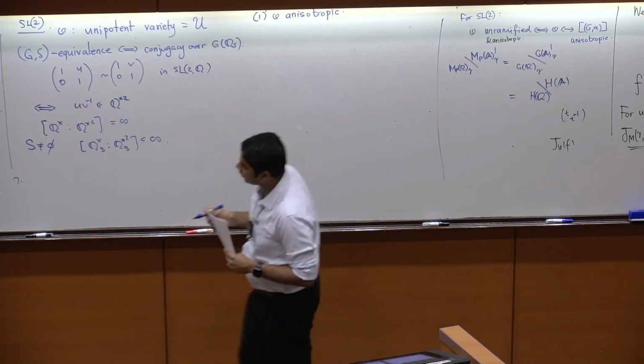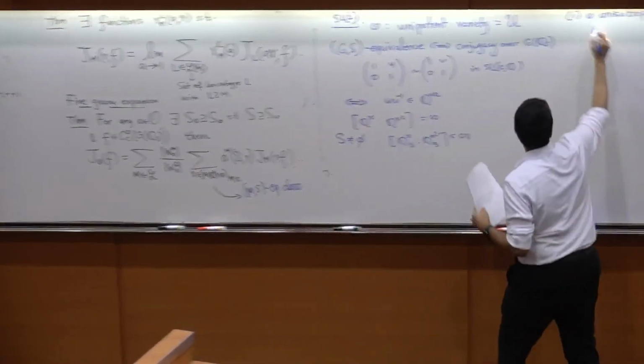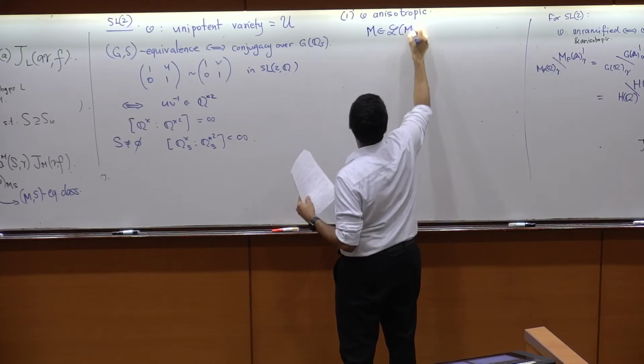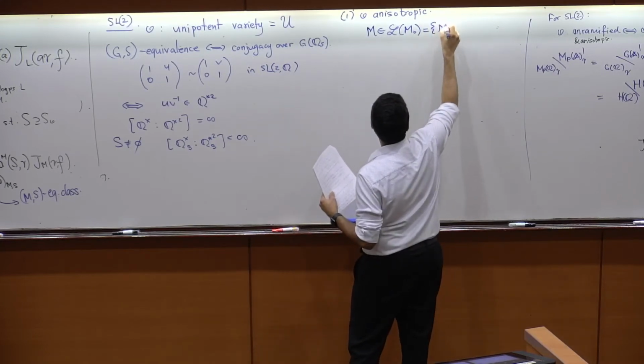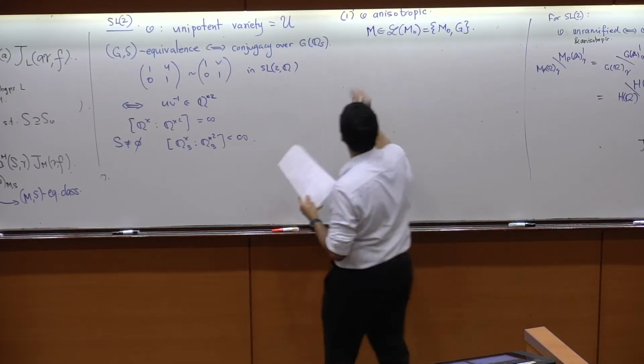So in this case, M has to be, there are two options for M. M belongs to L, and this L is either L of M0 or G. These are the only Levi subgroups. So if M is M0,